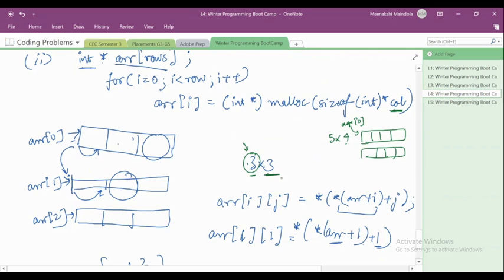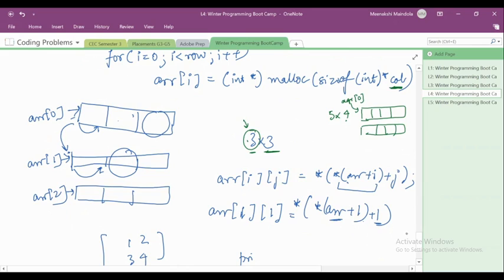Okay, so is this part clear? Did you understand how this is happening? How can you actually imagine how this is looking in the memory? And then whenever you want to, let us say, access any particular element, these are the expressions which are equivalent to ARR of I j, which is ARR plus I, and then you mention a